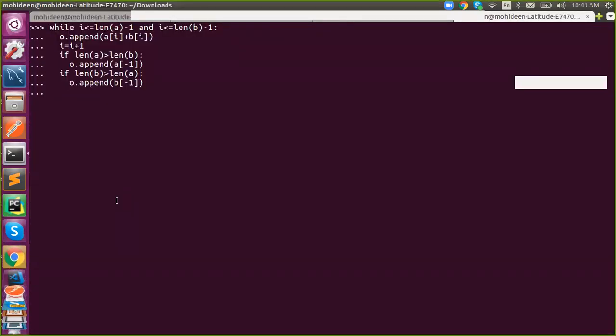So I think O is out of scope now. We don't have anything.